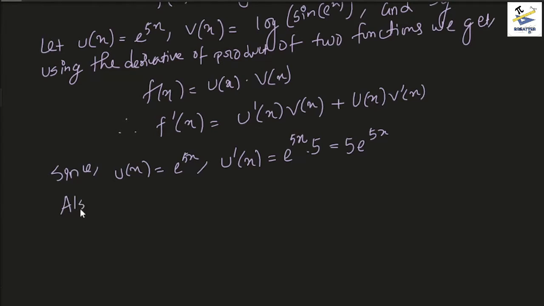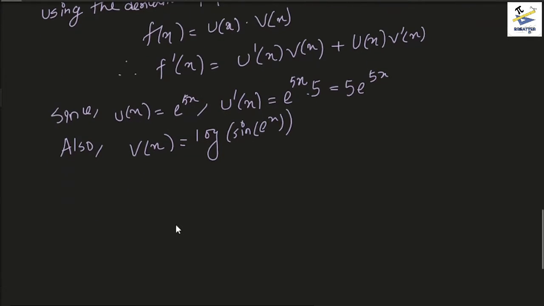Also, v of x equals log of sine of e to the power x. So it's a triple layered function, right? So let us do that in a more systematic manner. I'll show you how to do it using the chain rule only, and not using the fact that we first do a log and then we do a sine and then we do an exponential. Okay, so